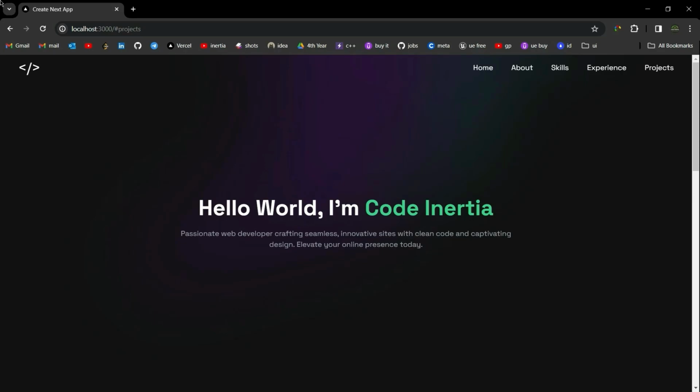Now what makes this tutorial extra special is that not only will we be focusing on the functionality and responsiveness of the website, but we will also add some awesome design elements to your portfolio to stand out in the crowd of the digital landscape. Whether you are a seasoned developer looking to enhance your skills or a beginner taking your